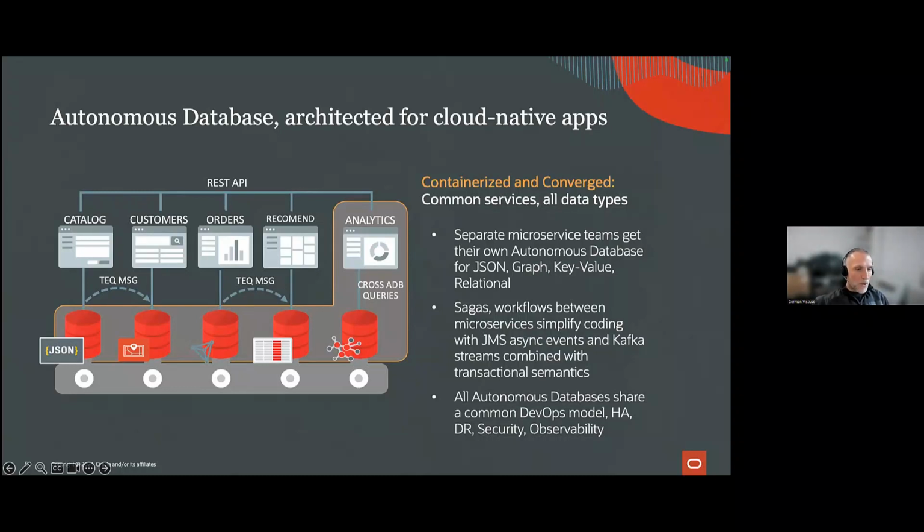So, for example, you don't have to go and do stuff within every instance, but you can do patching or other maintenance operations at the CDB level, and you don't care about each single instance.